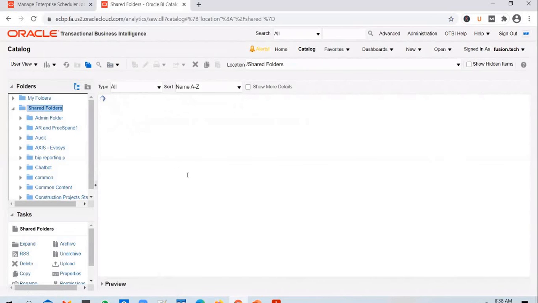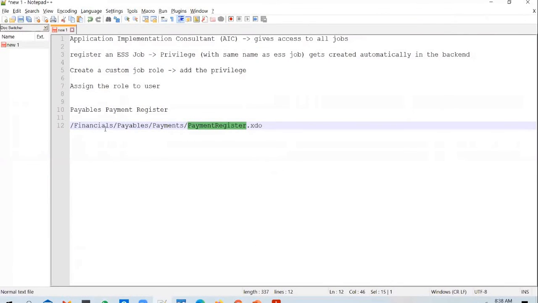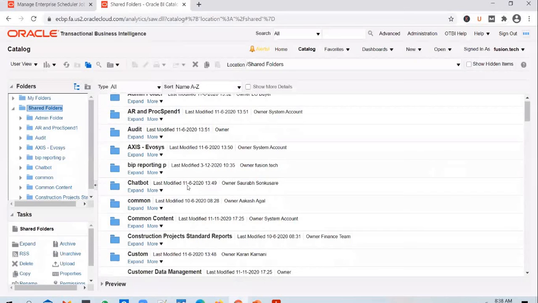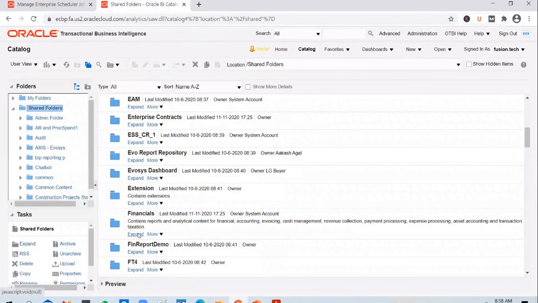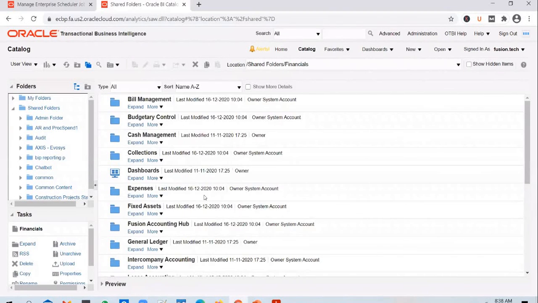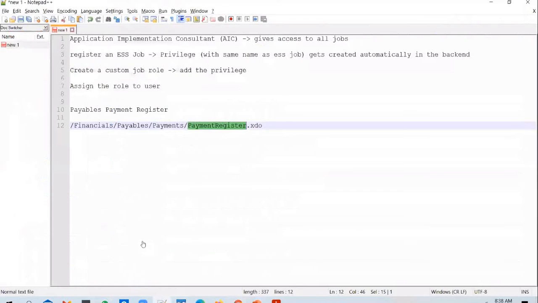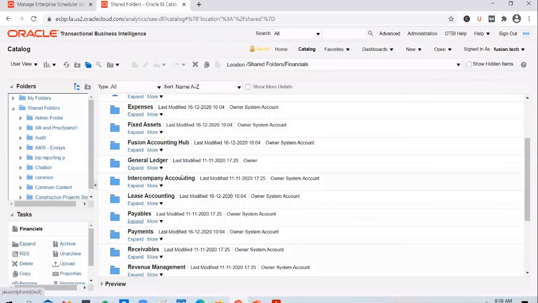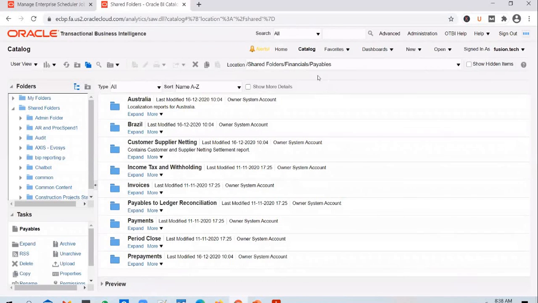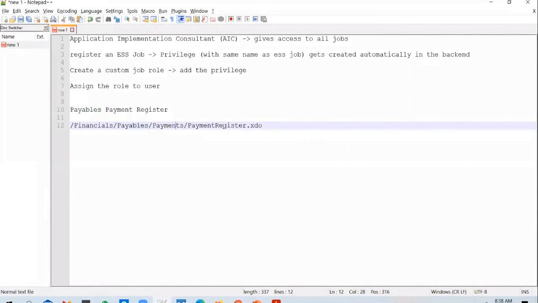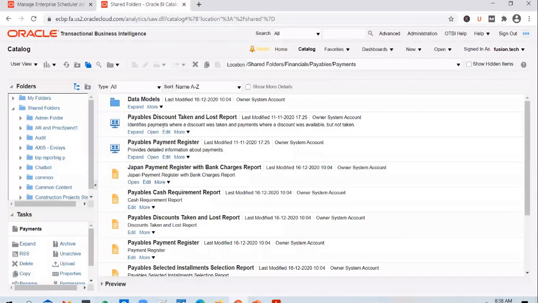And under shared folders, I need to search for this path. Under shared folders, scroll down to see financials, pick it up. And under financials, you scroll down and you search for payables. And under payables, you search for payments.